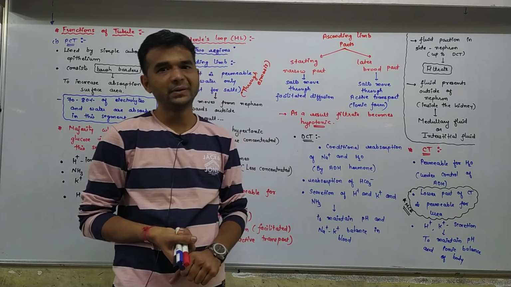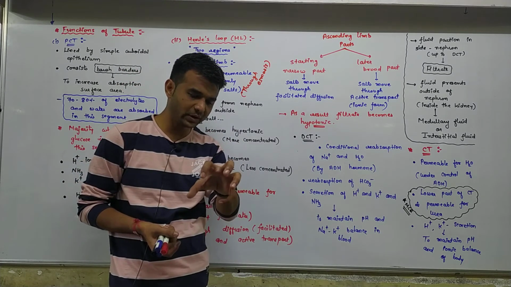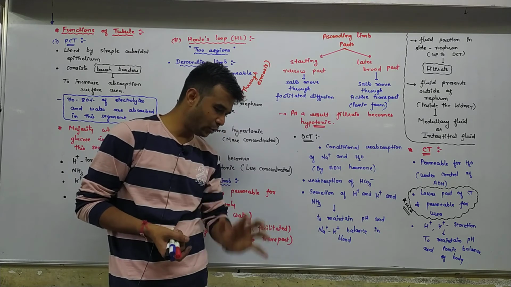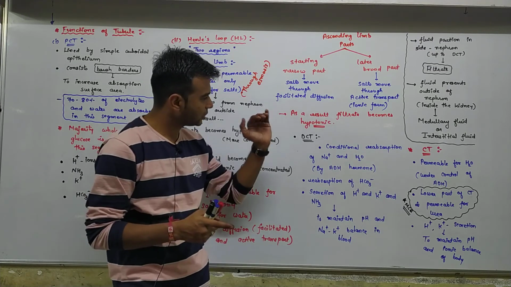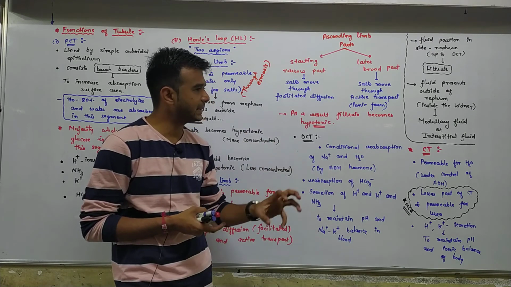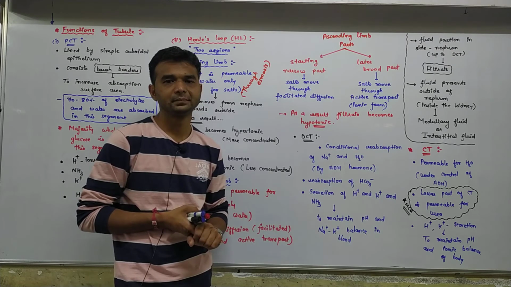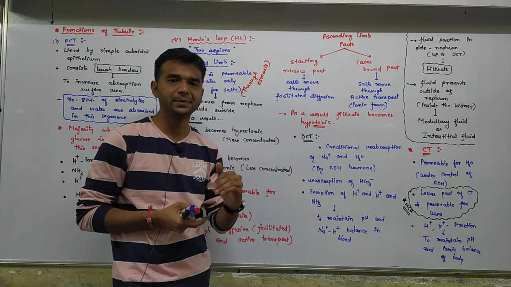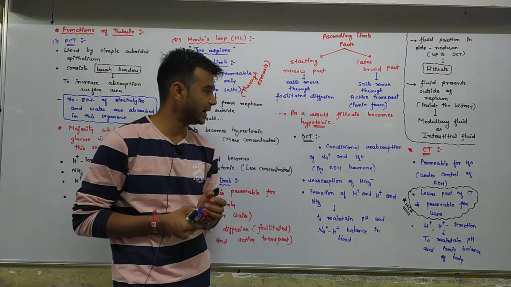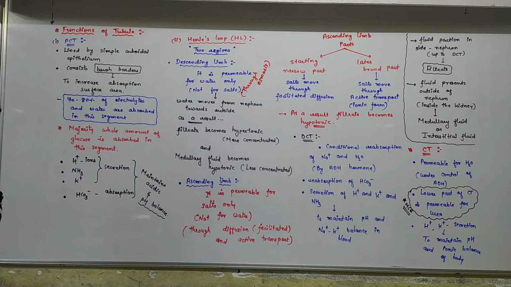Sometimes a small amount of urea is absorbed from the lower part of the collecting duct and poured into the interstitial fluid. But this lower part of the collecting duct maintains the amount of urea excreted outside of the body per day, I mean to say 25 to 30 gram urea per day. That is maintained. Fine. So the lower part of the collecting tubule is permeable for urea, and here